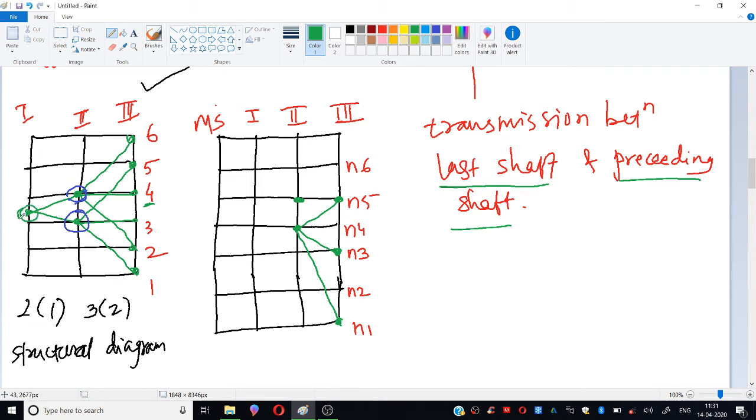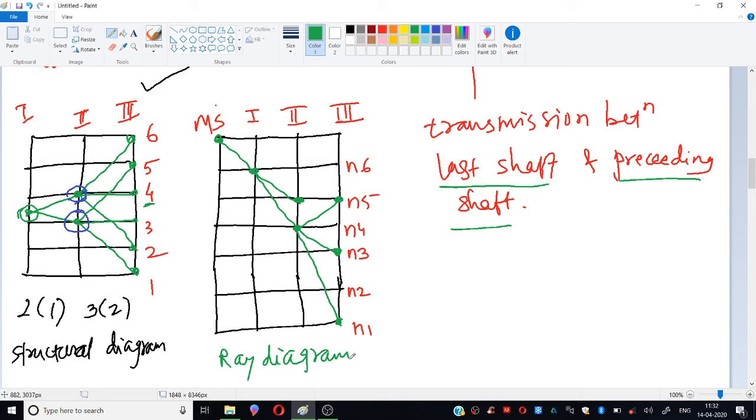Now for that, we are going to directly take the next point, that is N6, and we are going to join it. As the definition says, it is the last shaft and the preceding shaft. So we are going to take this point and join it, and for the last one, from the motor shaft, we are going to get this speed. If you check the structural diagram and the ray diagram, you will see that both are similar, the speeds are similar,